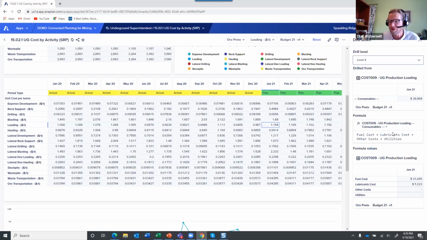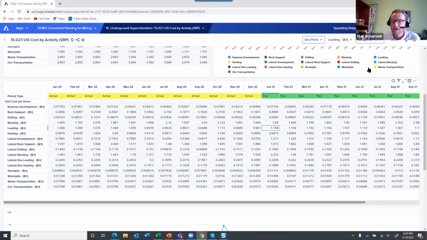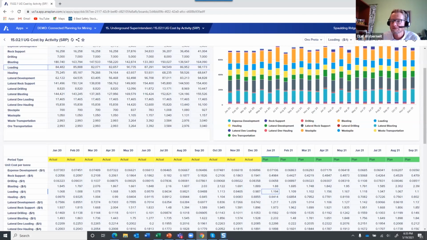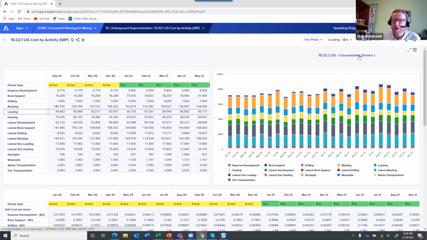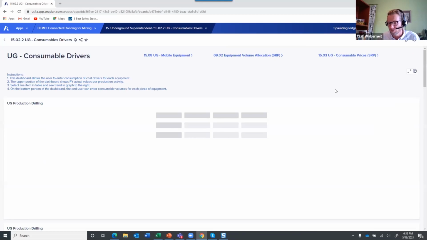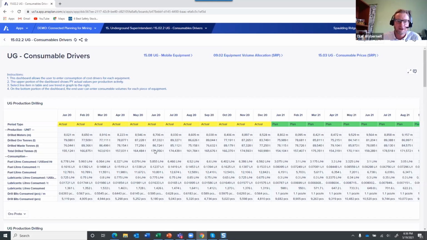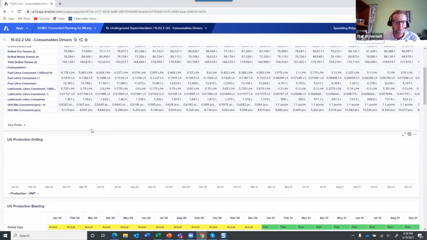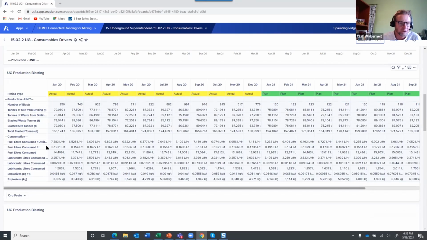So this cost is fuel cost and lubricant cost and other costs, and I can keep on stepping down, and it says it's the liters consumed times a burn rate, right? And here I have a number, 17,000 liters. So if I close this and go to the actual drivers, that could be a link or inside the data, or it could be outside. It can take me to where we've actually built up the logic. So if I go to the area, I think I was looking at loading,